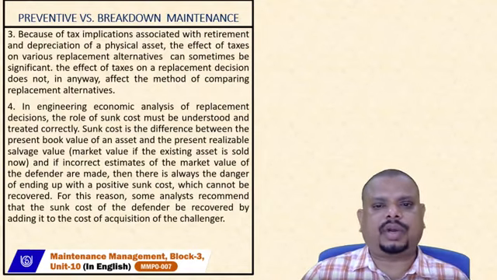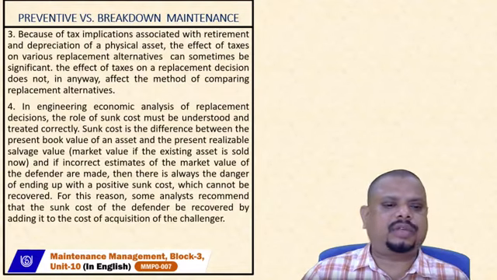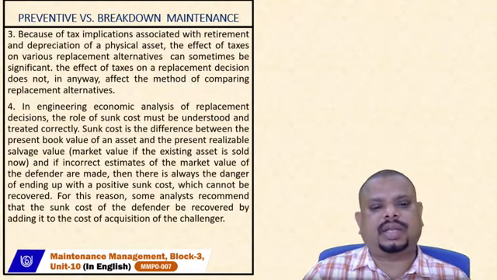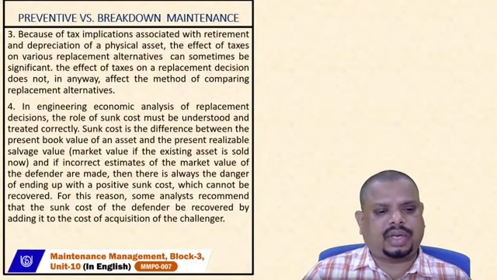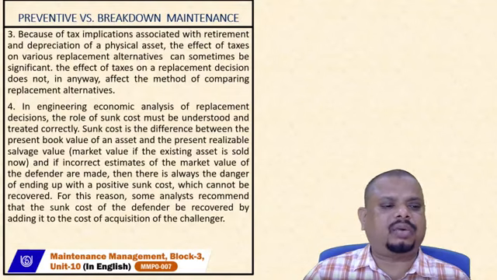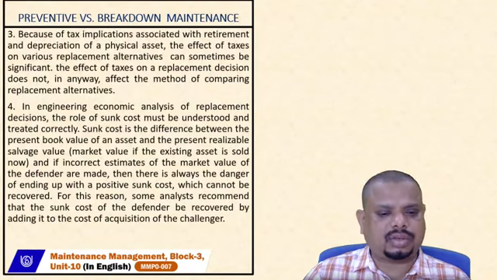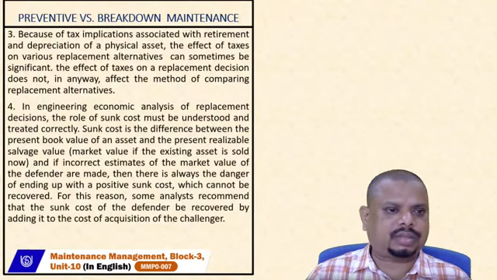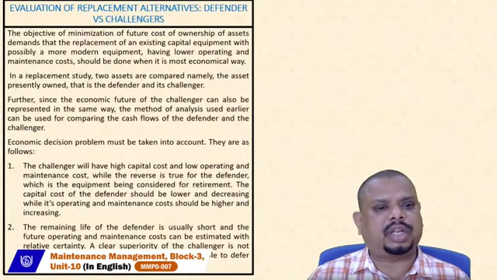If you go to the fundamental definition of sunk cost, it is the difference between the present book value of the asset and the present realizable salvage value. That means the market value if the existing asset is sold now. If the market value of the defender is incorrectly estimated, there is always the danger of ending up with a positive sunk cost which cannot be recovered. For this reason, some analysts recommend that the sunk cost of the defender be recovered by adding it to the cost of acquisition of the challenger. So if you go to these two factors, especially with reference to evaluation of replacement alternatives,